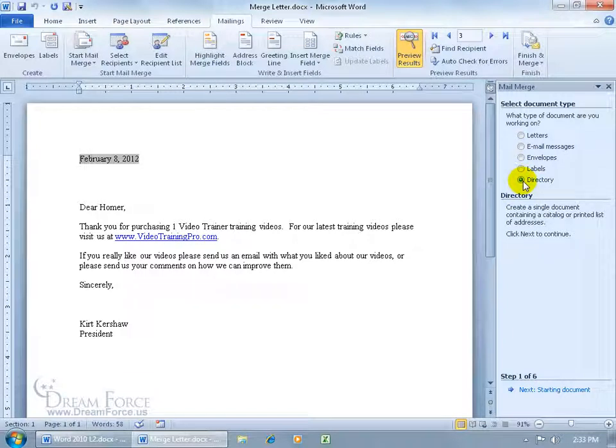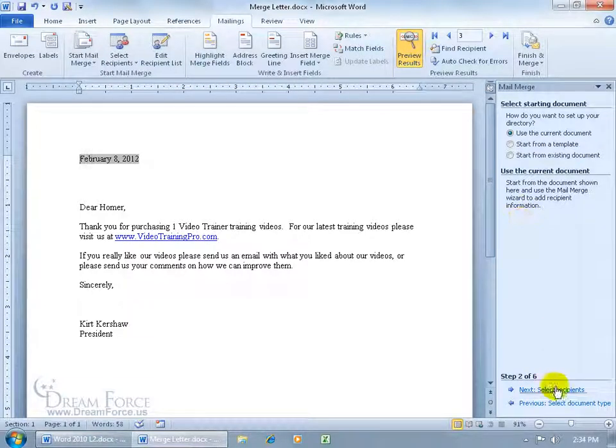the directory. Now the directory is just like it sounds. If you have a list, if you want to create a phone list of all the clients' first name, last name, and their phone. If you want to go ahead and create a company phone list, well, first of all, have the database for all the employees within your company, and be sure to have their extensions, and well, put it into a directory. So let me go ahead and select it, click Next,